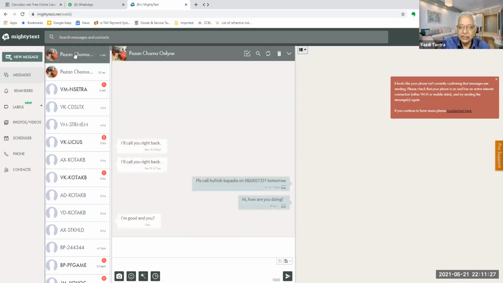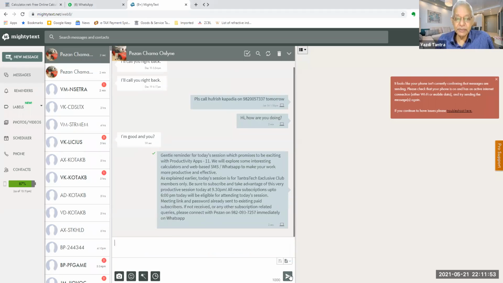Now, Faizan has sent me something and that has come here. Can you see, now I don't have to touch my phone for my SMS messages. The beauty of this is I don't have to touch my phone at all. Again, here I can do some copy paste. I have some stuff in my clipboard. I can say this entire message I want to send by SMS, and I can straight away send it without typing it again. And when it is delivered, it shows the green tick here, just like in your WhatsApp.